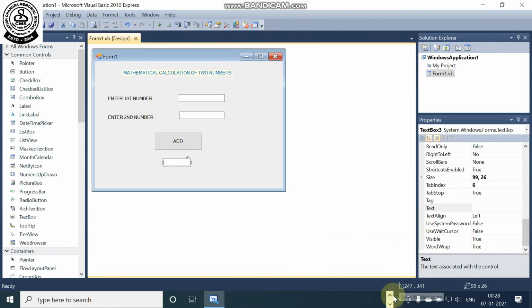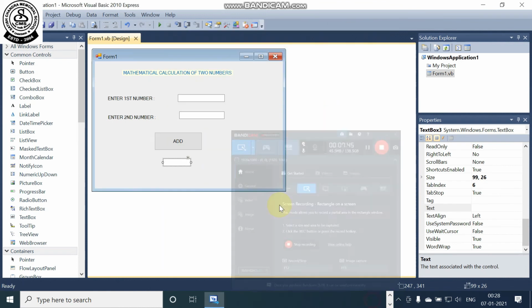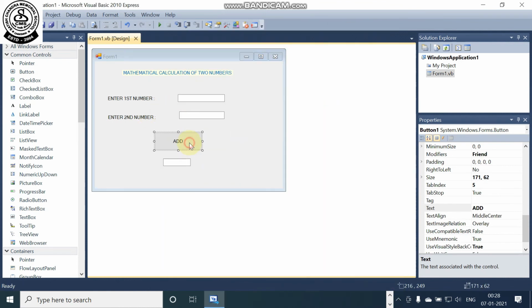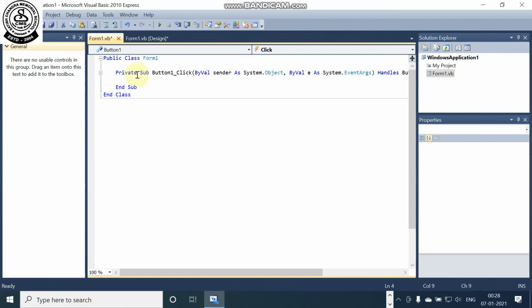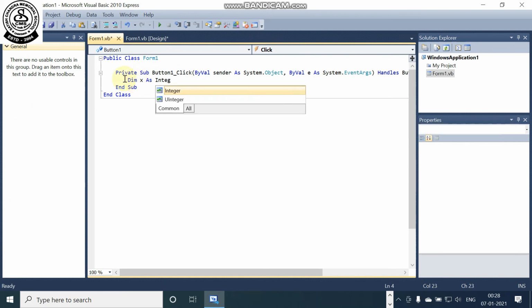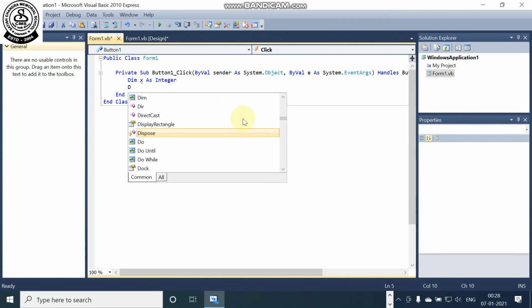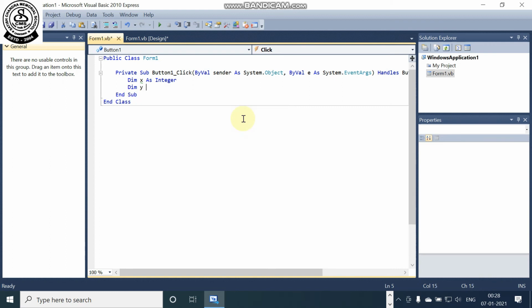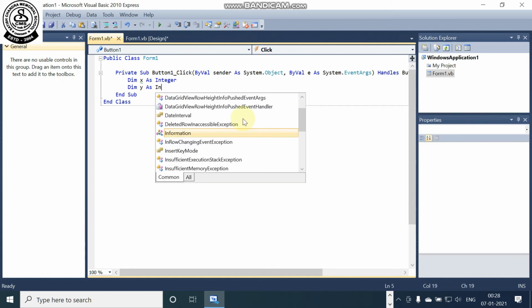So now we need to write the program for the Add button. Click on the Add button, the code window will open. Here you write Dim x As Integer. That means we are taking two variables where we will keep some value, and Dim y As Integer.